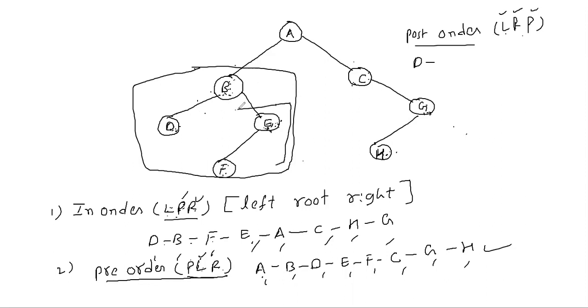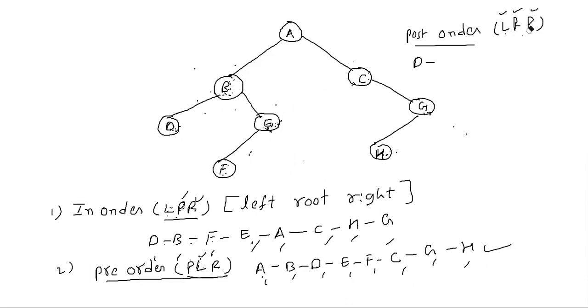Right again, one subtree is there. So for this, first listen carefully. One more time I'm explaining. They are very simple. You don't confuse. The LRP you have to apply internally, like recursively you have to apply. LRP. So first I'm going to the left side. Left side, what is there? One subtree is there. Now I went to the left side.